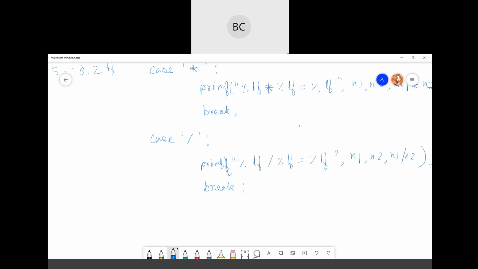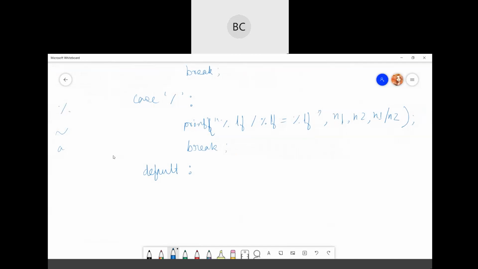Now suppose your user has input a wrong option. Your options are only plus, minus, multiply and divide. Suppose someone just by mistake inputs some other symbol, or enters A, B, anything which is not in your list. That portion will be handled by your default statement, the default part. So by default, you can just write